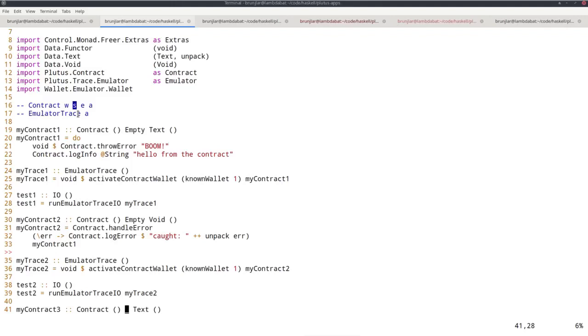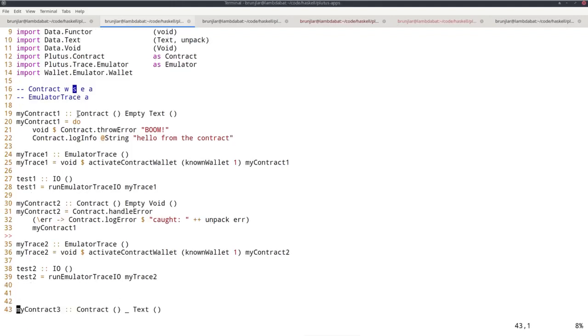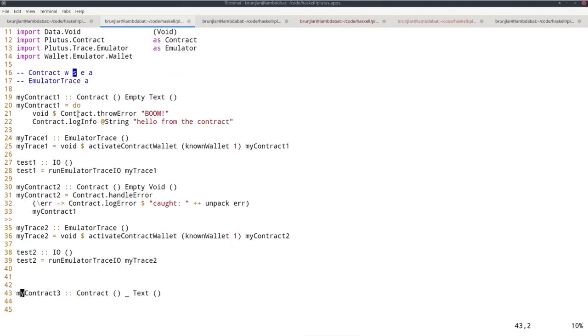So how do we specify the schema? Normally, you don't have to, you could just write that directly here, but normally one defines a type synonym and the name of the type contains the word schema, but that's just a convention. You call it whatever you like. And let's say we want an endpoint that's called foo